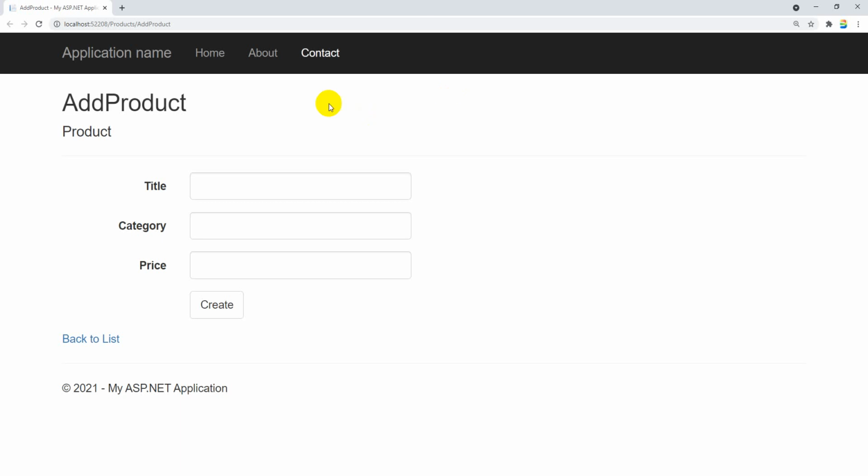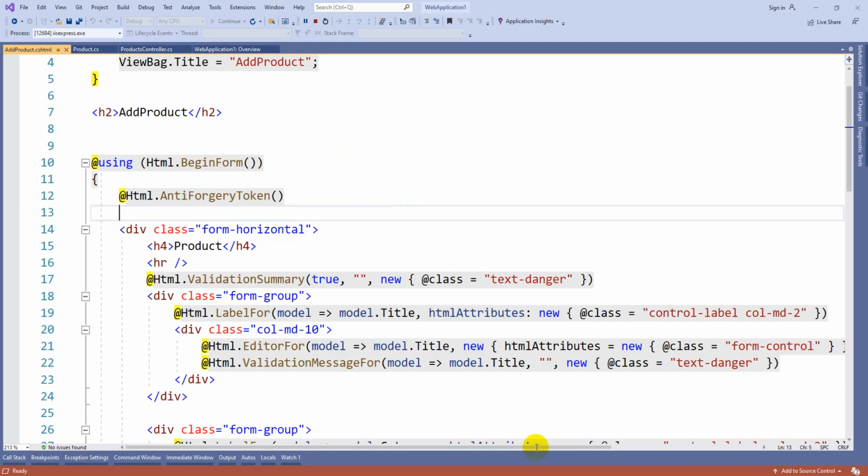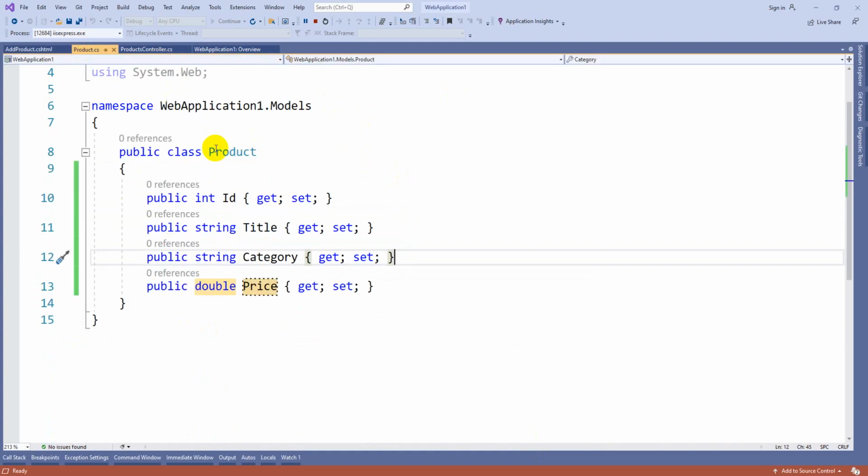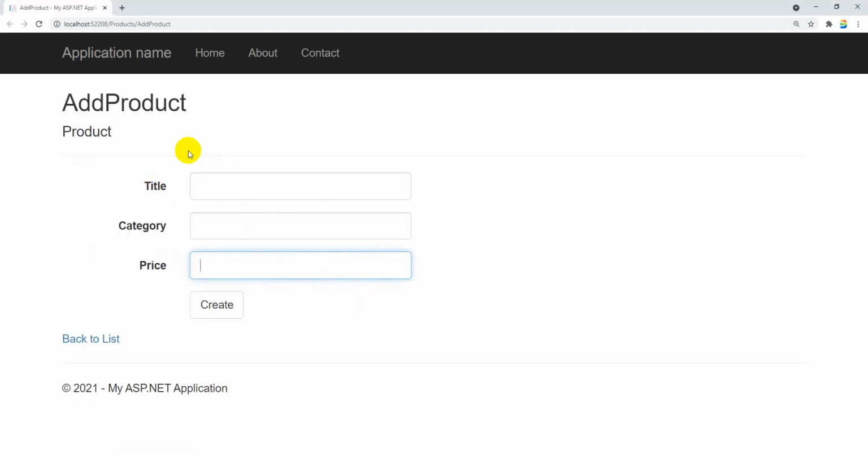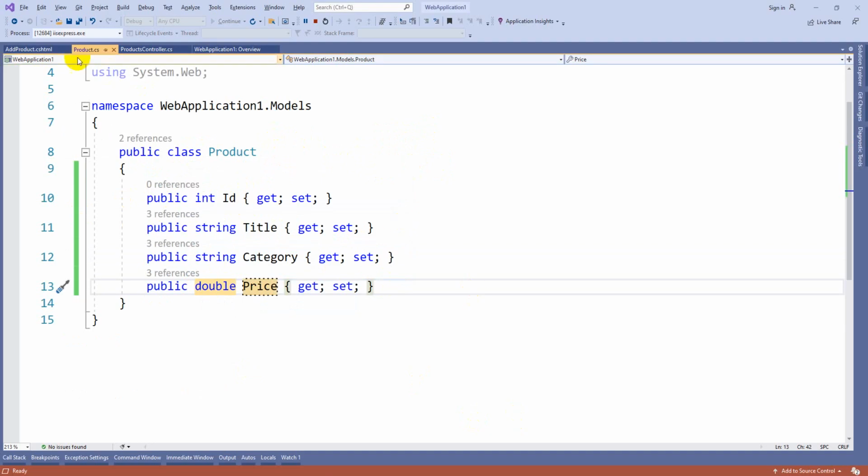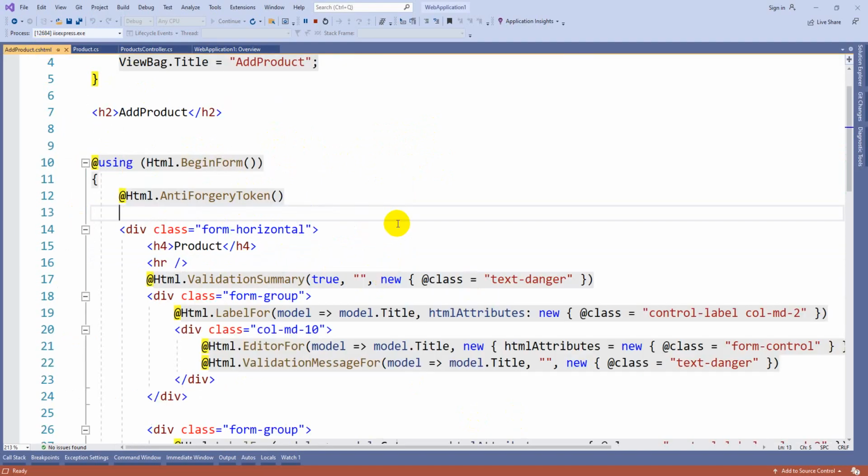You can see this. If you observe, in the actual model we created ID, title, category and price. But we know that ID is generally used for an identity column, so it will always ignore the ID column. That is the reason I deliberately mentioned that column. Here we have title, category, price and so on. If you observe, this is the code that was generated.